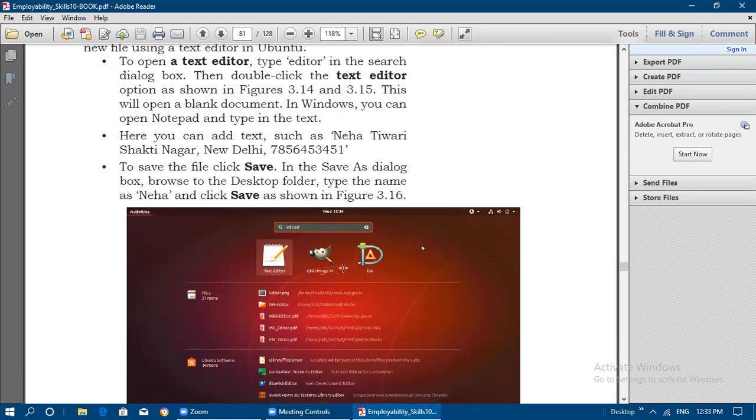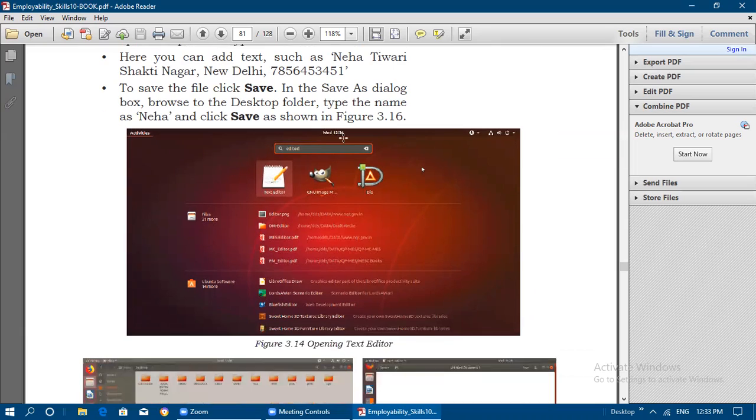In Windows you can open Notepad and type in the text. Here you can add text such as Neha, Chuari, Saktinagar, New Delhi, like this. All her information we can store in the opened text editor. To save the file, we need to click on save.